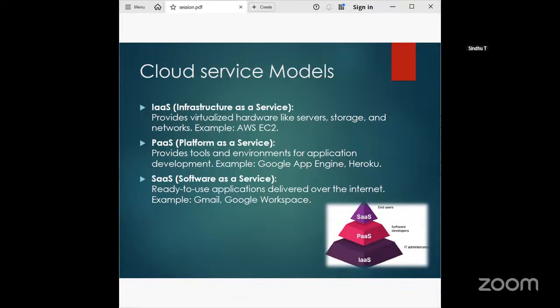We don't need to create or install anything. We don't need to develop the application, right? Some examples are Gmail, email, file storage and sharing. You're using Google Drive or mail, and sharing documents with your friends and colleagues. Also customer relationship management, project management, collaboration tools, and video conferencing and communication apps like Zoom and Microsoft Office. These are all software as a service.